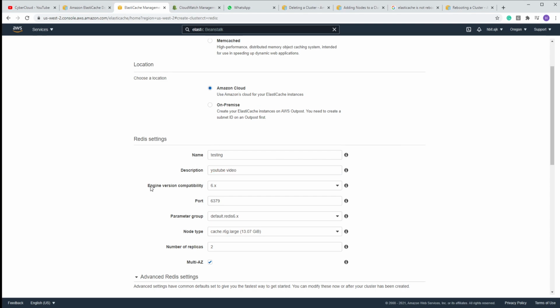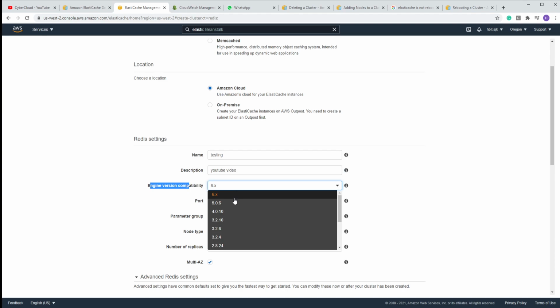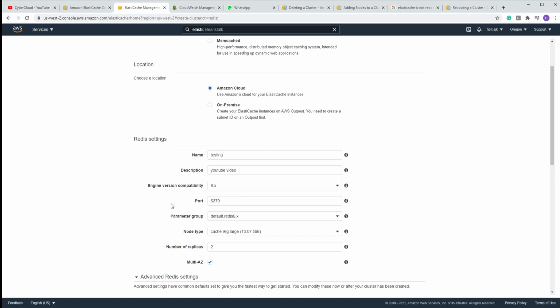Then we are choosing the engine version, which we are choosing as the latest. In case the version is changed, we can modify to the latest one. The default port is 6379. We will keep it the same. Parameter group will be the same, default Redis 6.x,